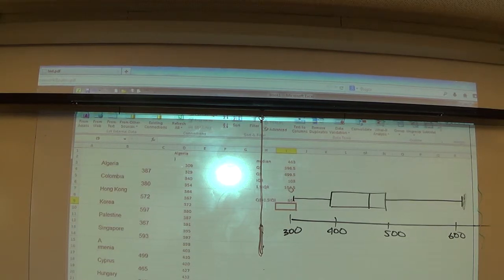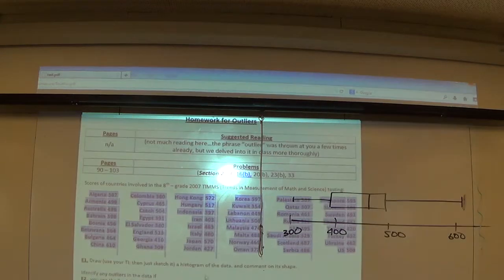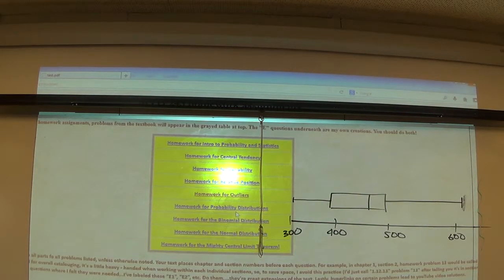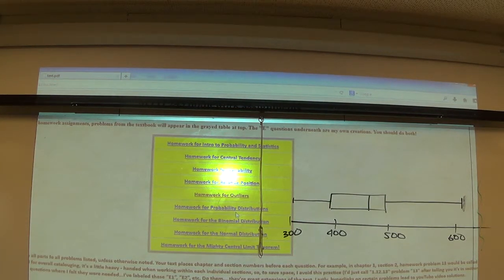Anything else from either outliers or from, let me back out to the homework sheet here. So we've got outliers and probability distributions. Anything in there? We're going to do more of the probability distributions in class today. I promise you, we're going to create something. Danny, go please. Thank you. In the probability distributions, it was